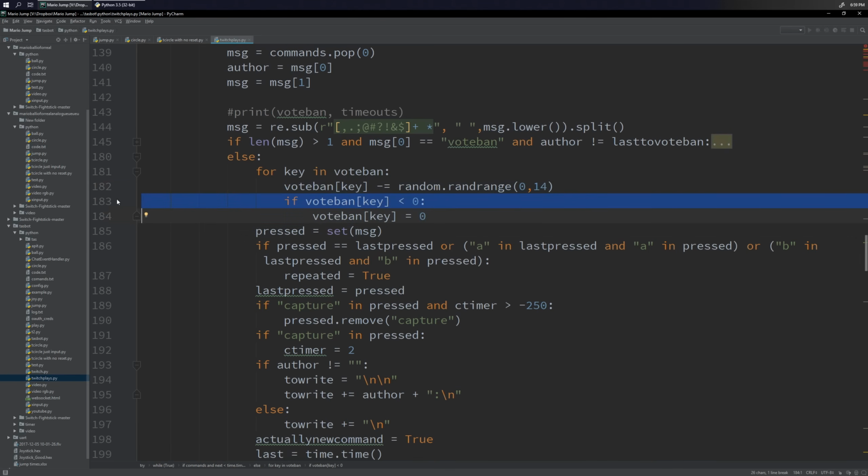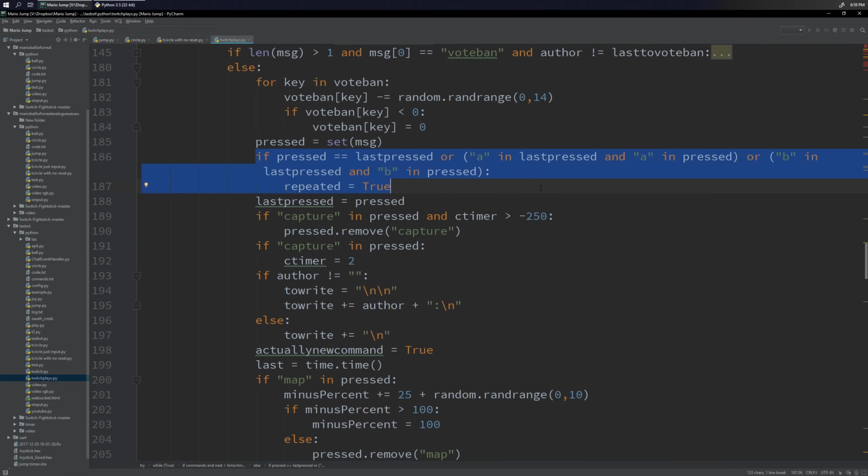Right, and so if it gets below 0, we cap it at 0. So we convert message to a set. That's probably just my lazy way of removing duplicates or something. Oh, right, and then there was this whole logic. This was one of the last things I added during the alpha.